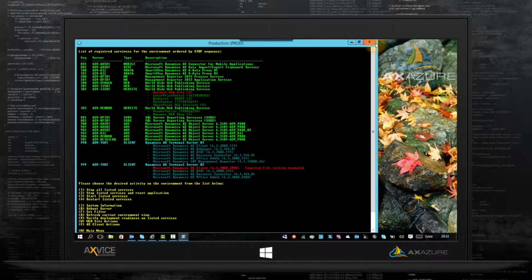The environment is defined in an XML file where you define the different elements of your environment. That could be DIXF, AOS server, web servers, websites, report server, client machines and stuff. And for each of these types, there are various features available for you to execute on top.